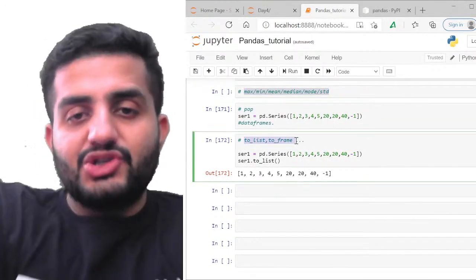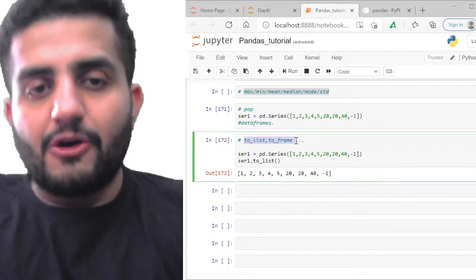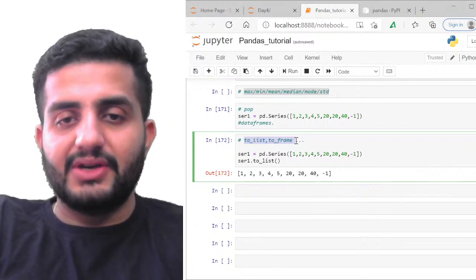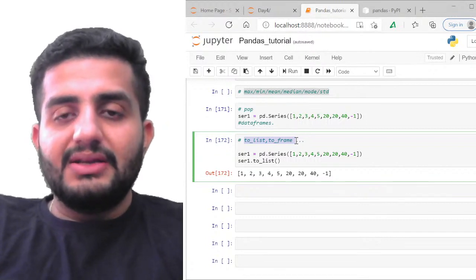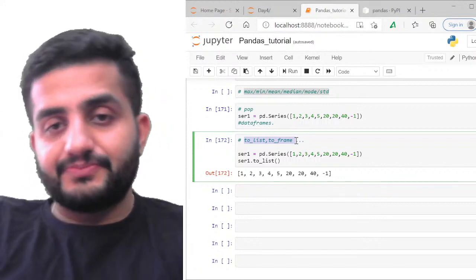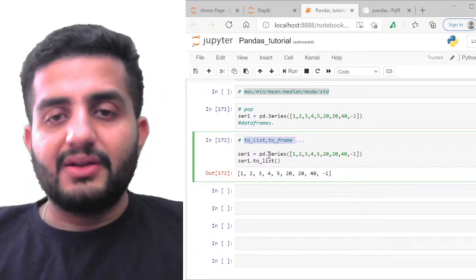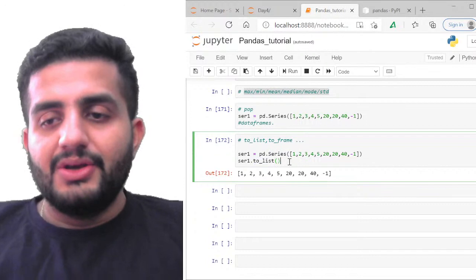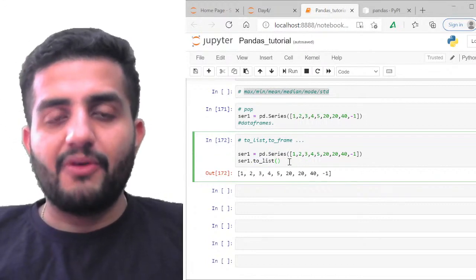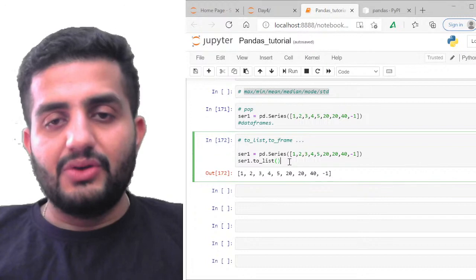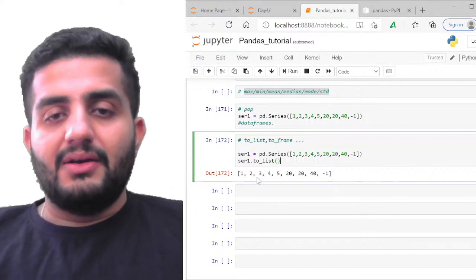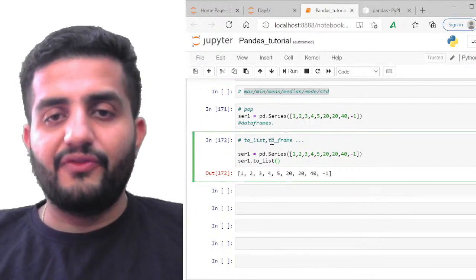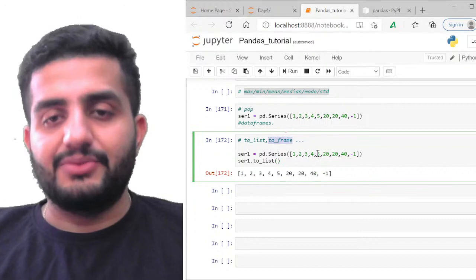You can change the data types of the elements itself. So for example, suppose I have a series element, which is right there on the screen, right? If you want to convert this series into a list of elements, you can convert the series element into the list element using this function, to list. So just write series dot to list, and you get the same data points converted into the list element. Likewise, if you do to frame, you're converting into the data frame. So you can do that also.